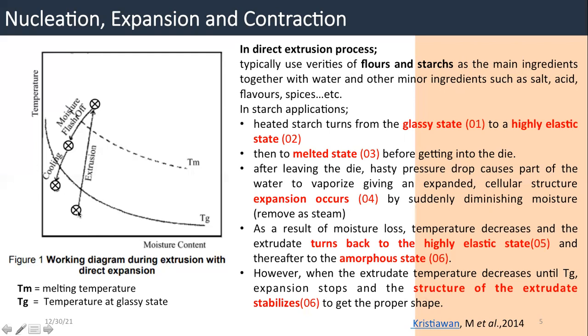When we increase the temperature, first we reach the glass transition temperature, then it will convert into a glassy state. Then with high temperature, raw materials absorb more energy and convert into a liquid state as a result of melting. Then after passing through the die,